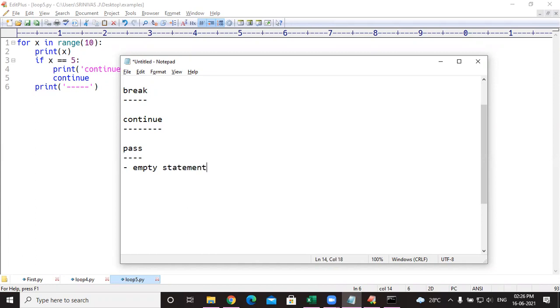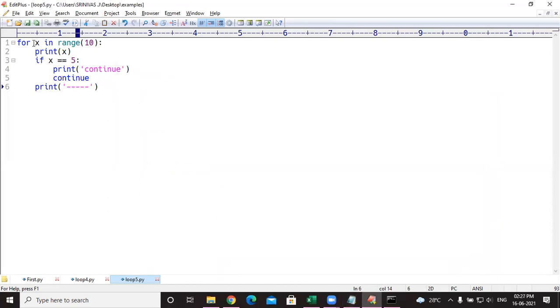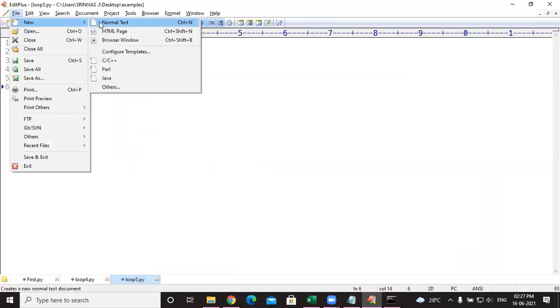It's nothing but an empty statement, a null statement. When you write pass, it executes, but it does not do anything. We use it rarely. Most of the places we can use it. Suppose